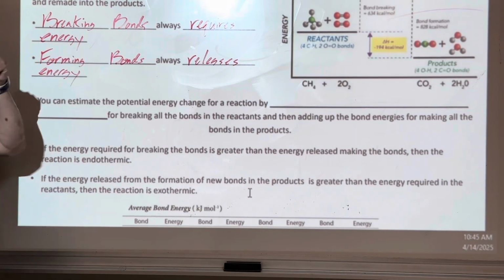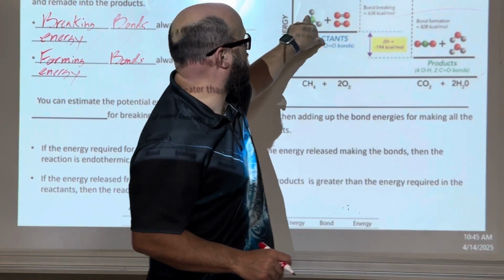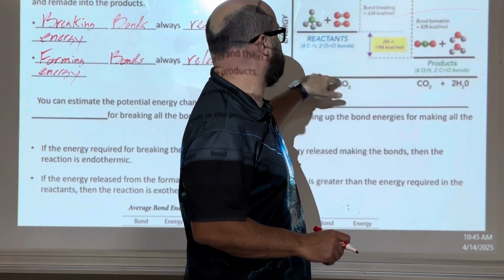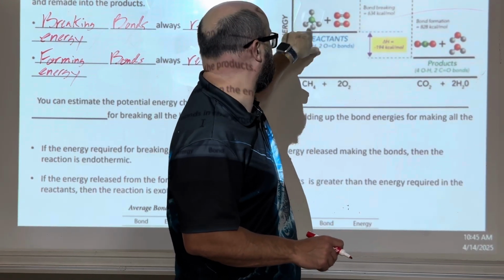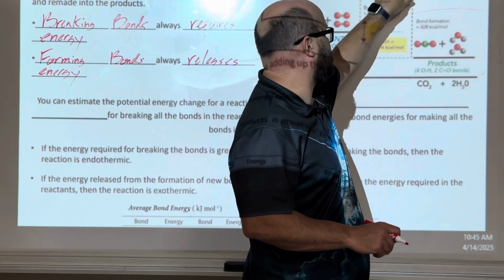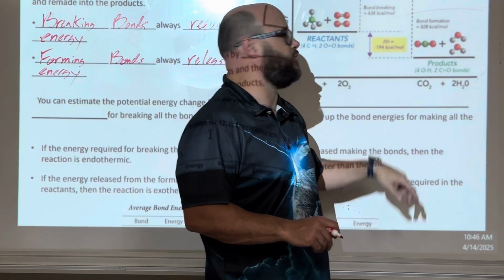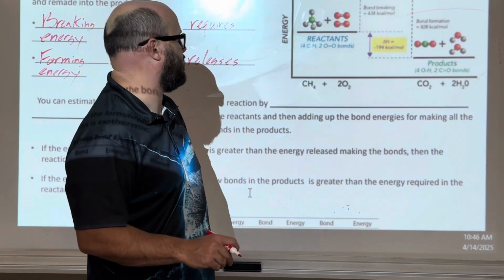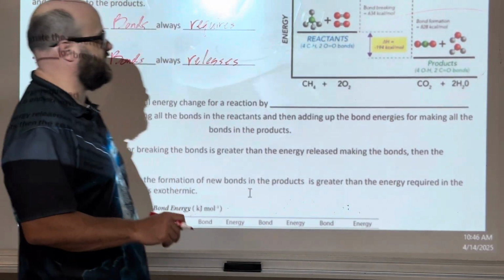So it gives you a little picture example over here. One molecule plus two molecules of oxygen. This is a combustion reaction, and this is methane. Bonds are broken, bonds are formed. You end up with less energy afterwards. That's an exothermic reaction. There's our delta H, the amount of energy from here to here